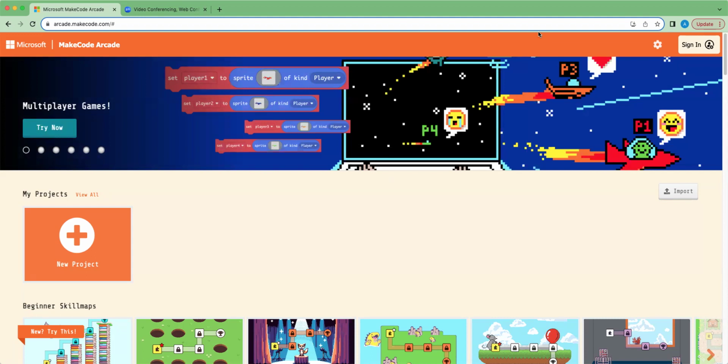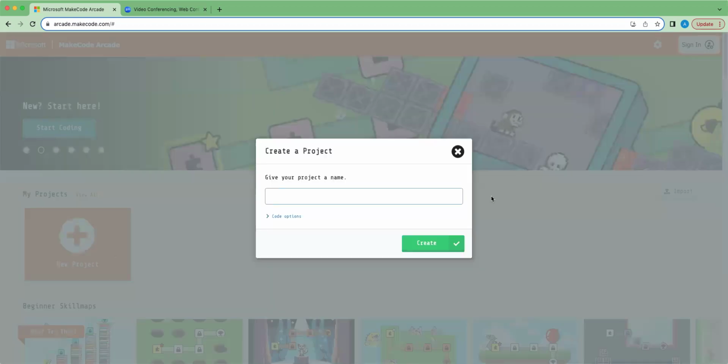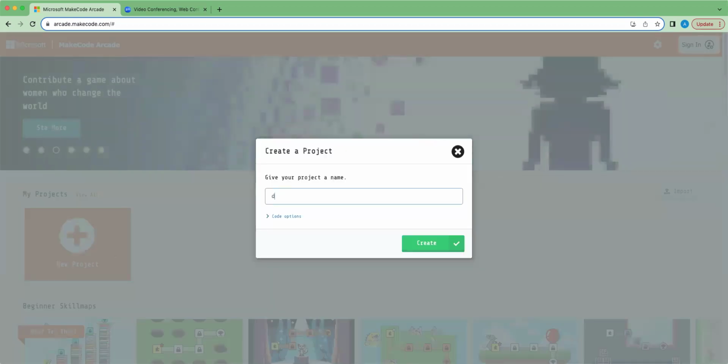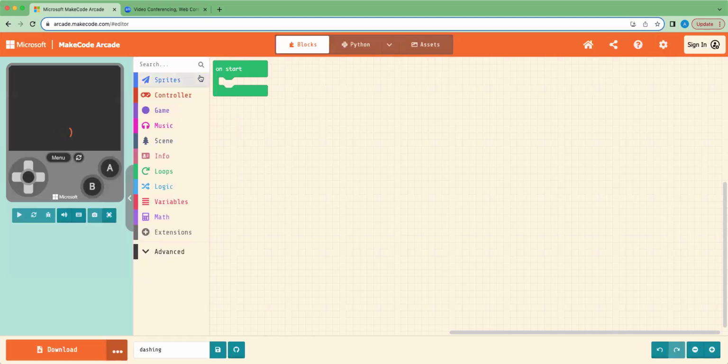So the first thing you're going to do is go to arcade.makecode.com and let it load. Then you're going to see this button that says new project, so you can create your project. I'm just going to call it dashing. You can name it whatever you want to fit anything in your game. Then let it load. And to create a game, the first thing you're going to need to do is